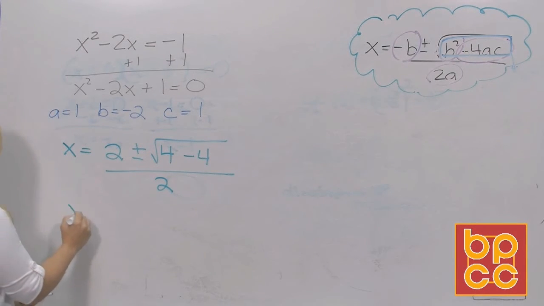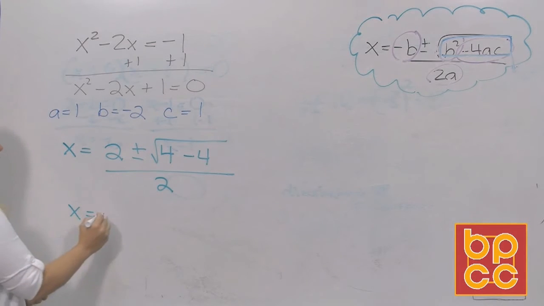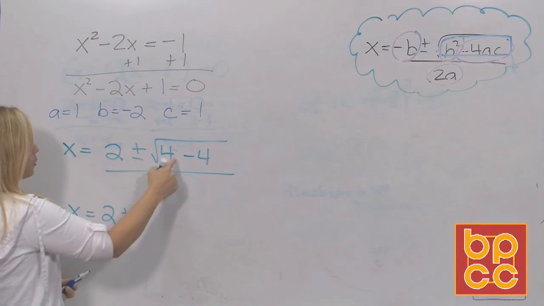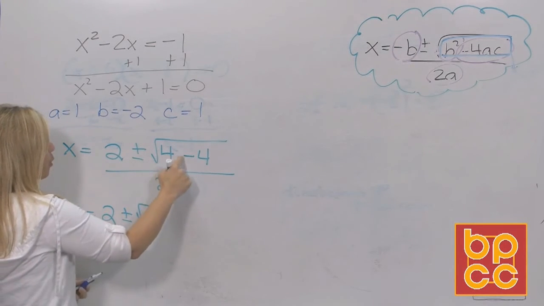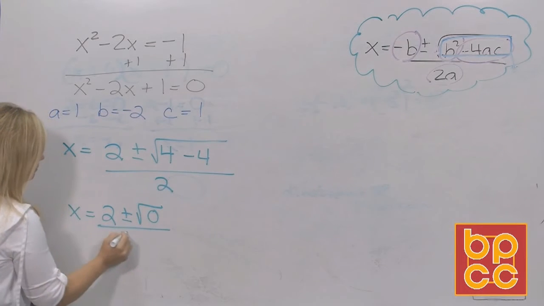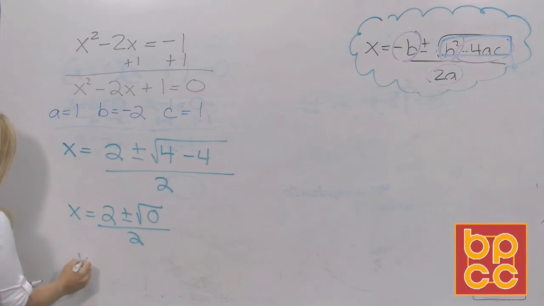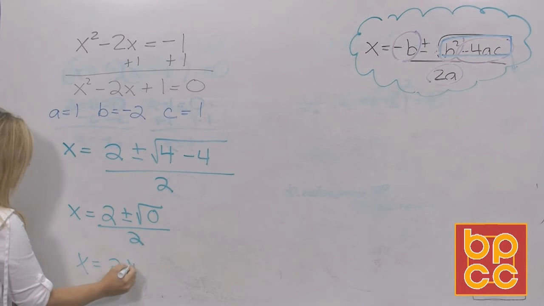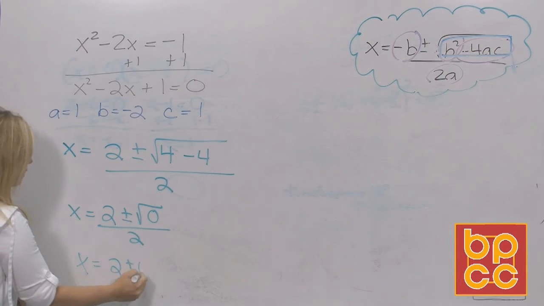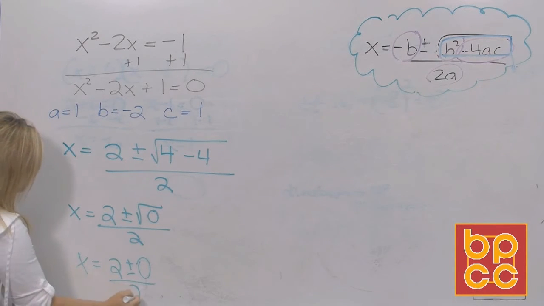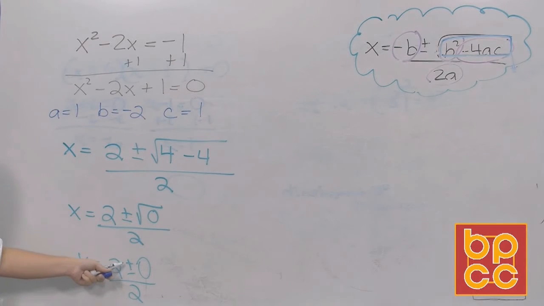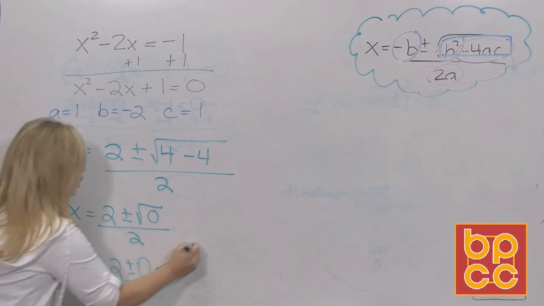Now we're going to follow order of operations. Please excuse my dear Aunt Sally. We're going to work inside the grouping symbol. So 4 minus 4 is 0. Then we're going to do the square root. What times itself is 0? 0. And now we can't add and subtract 0 at the same time. So we're going to have here 2